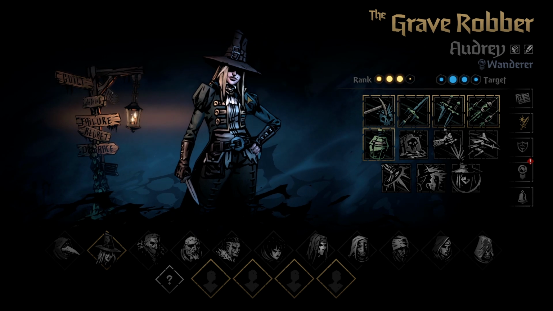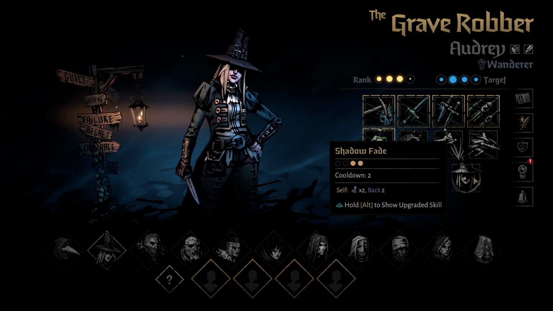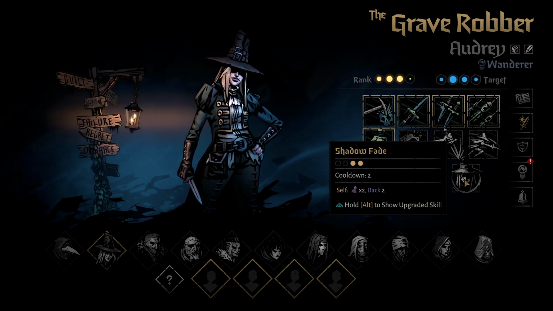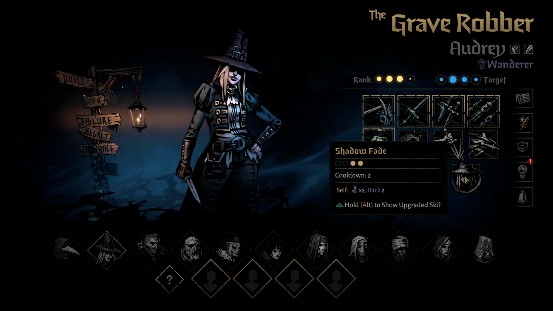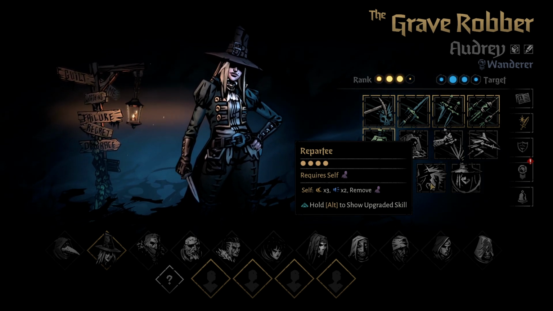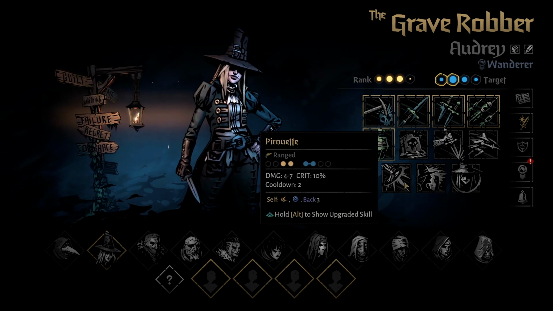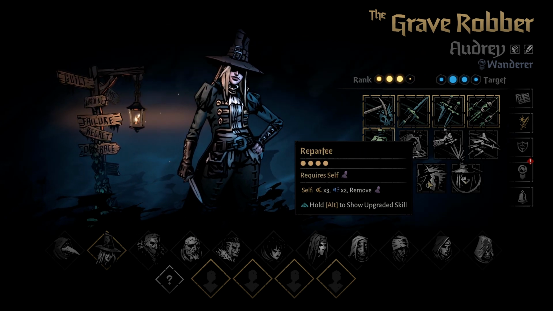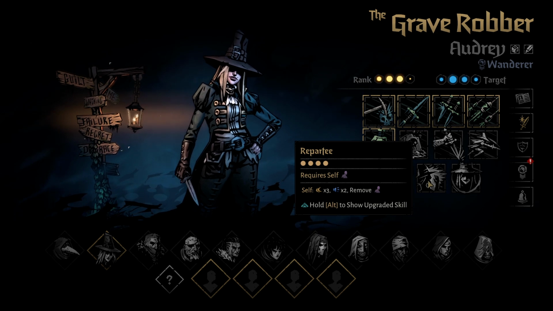Like if she is very fast and moves first in the round, she can stealth up, not be seen. So Shadow Fade would be what we would want to take for that. Cooldown of 2 turns, so every 3 turns, you can stealth for 2 turns. Makes sense. Repartee would enable us to taunt. What's interesting about that is that we can combo that into something like Absinthe or Shadow Fade Repartee in order to keep being taunted,